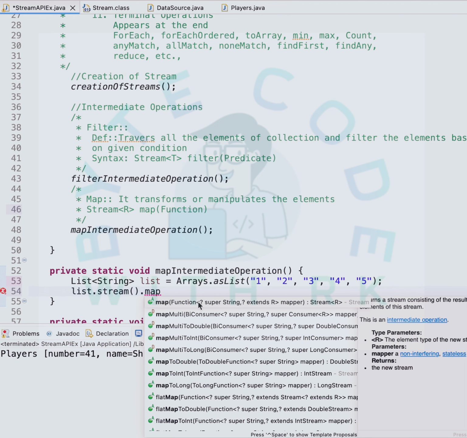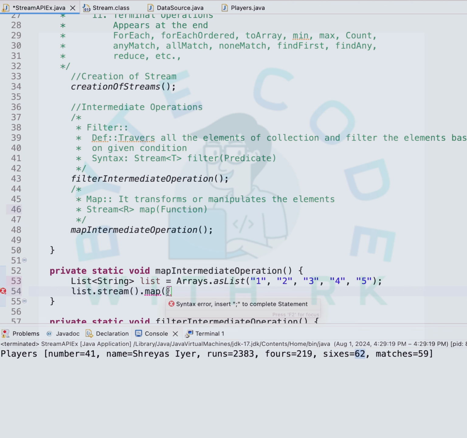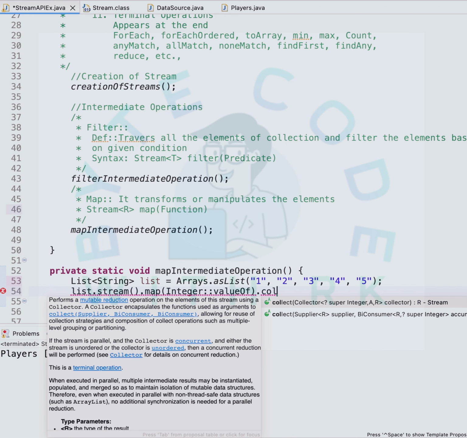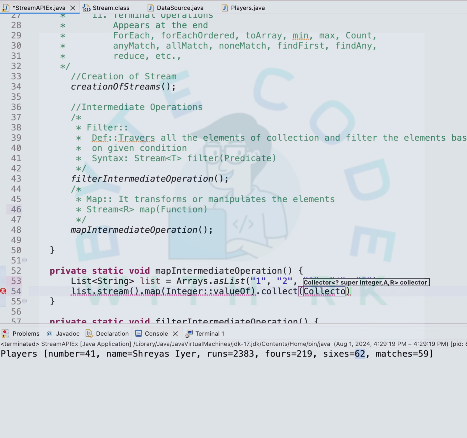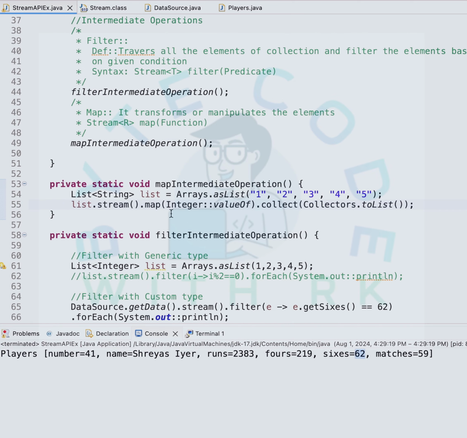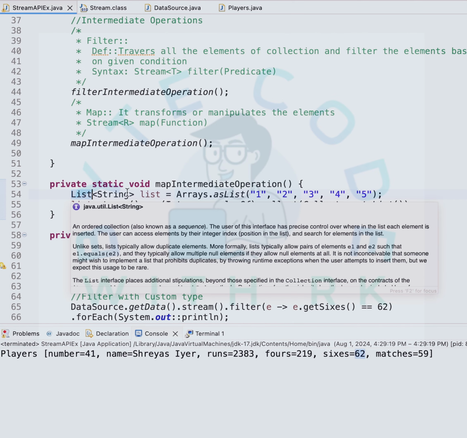We will see all the map methods in further coming sessions. So map is the function interface which takes a single value and returns a single value. I would like to convert these values to integer, using Integer::valueOf, then the collect method, Collectors.toList(). If you clearly observe this one, I have created a list of type string